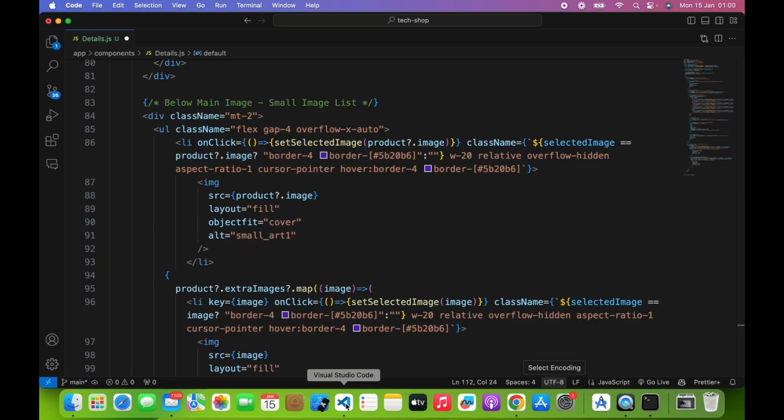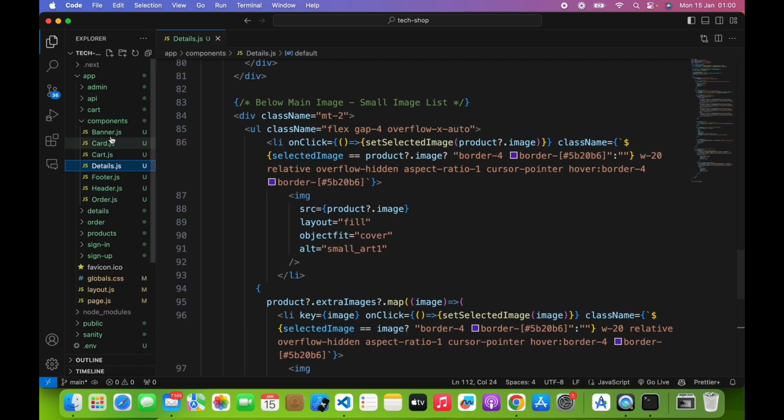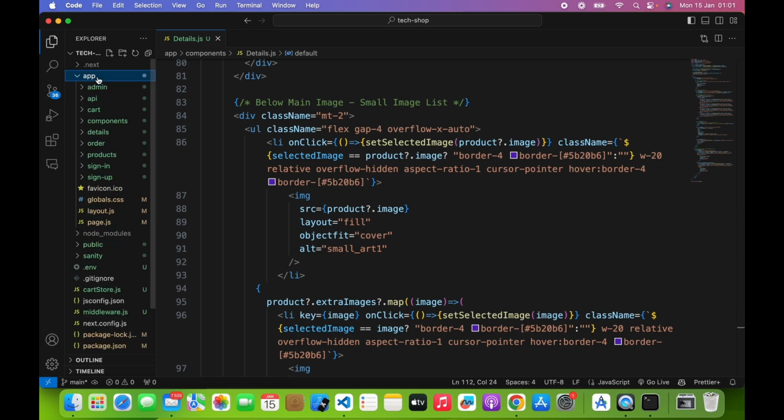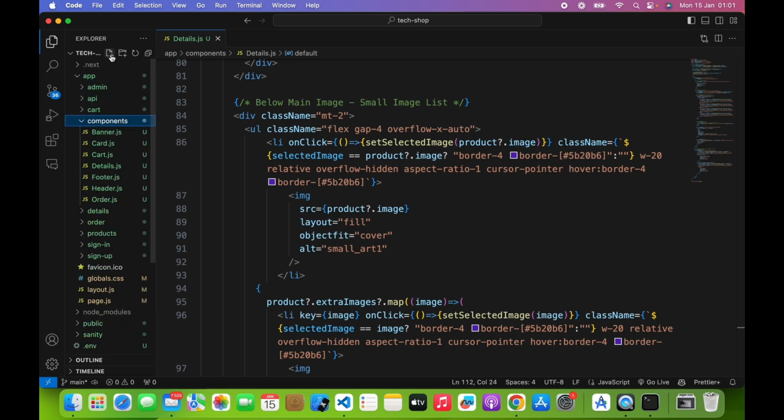Okay, I'm trying to think where we can put the comments. So it should be in this page. So inside the components we have